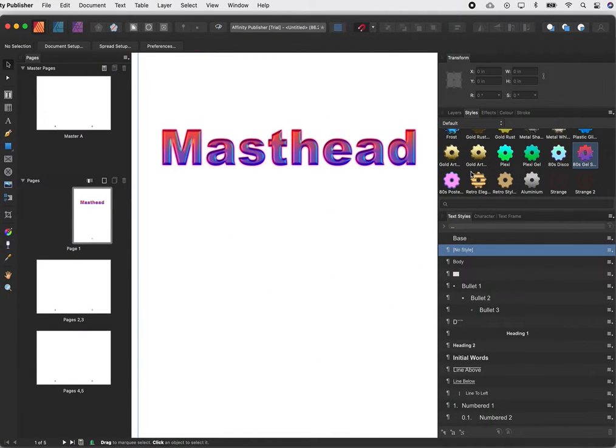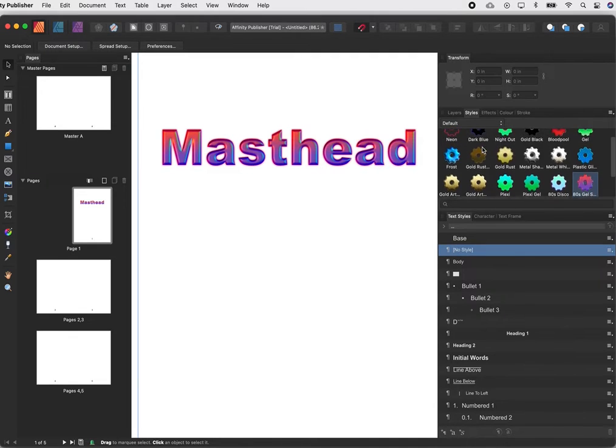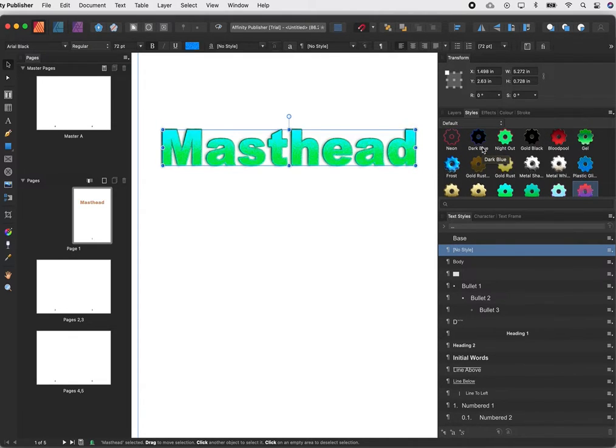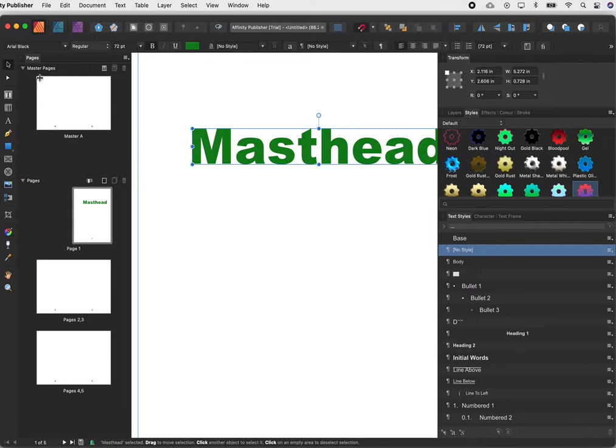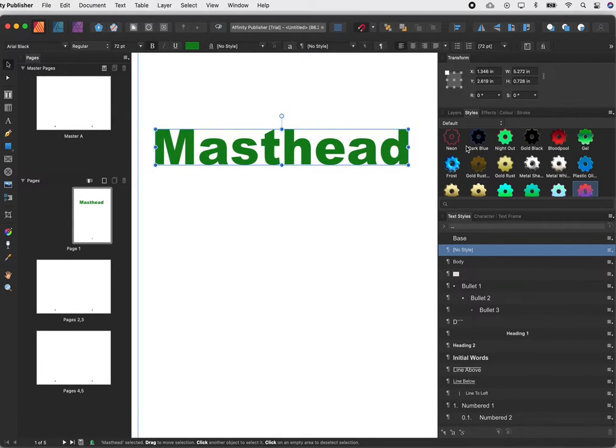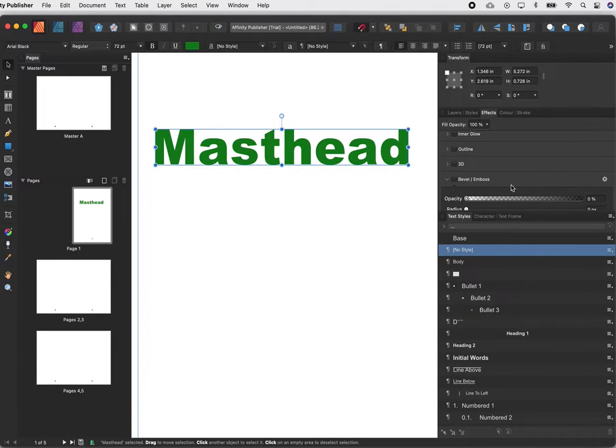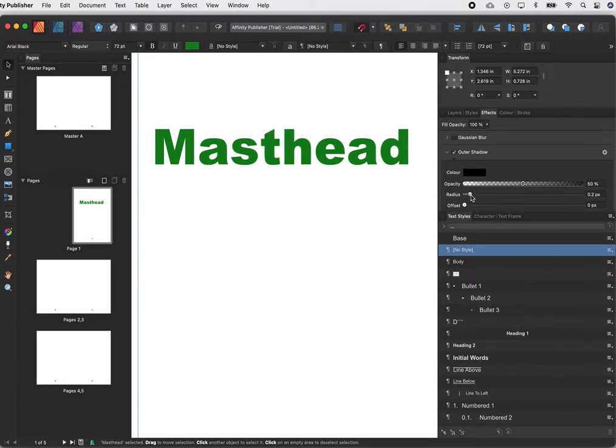So one thing I can do beyond here is go to my Effects tab. So I backed that up, taken off my style. Now I can go to Effects, and all of these graphic effects that are here, I can apply them to my graphic text also. So if I wanted to, for example, add an outer shadow,